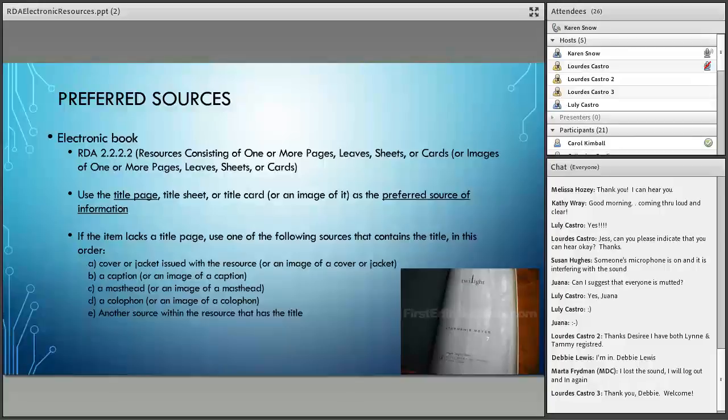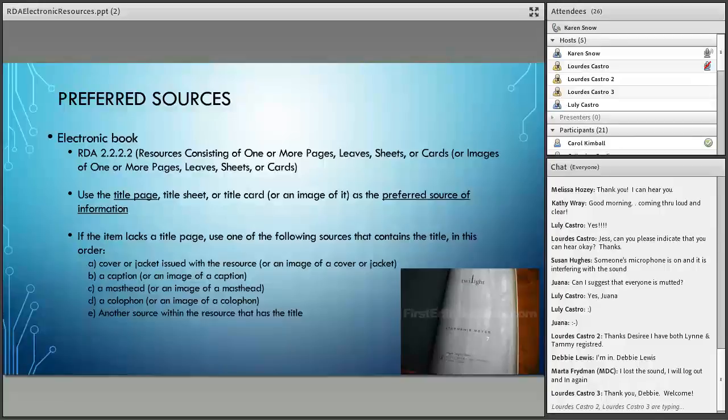And one thing also to keep in mind is that RDA does treat, I guess, things that accompany the resource as being part of the resource itself. Like, for example, the dust jacket or a container of a DVD or things like that, which traditionally AACR2 has been kind of like about, right?